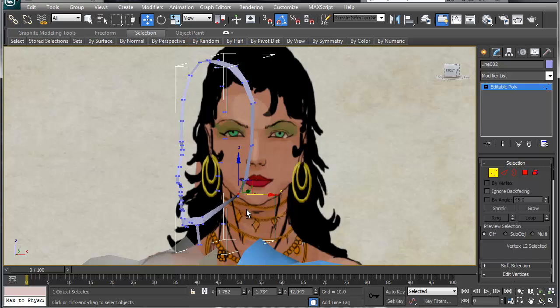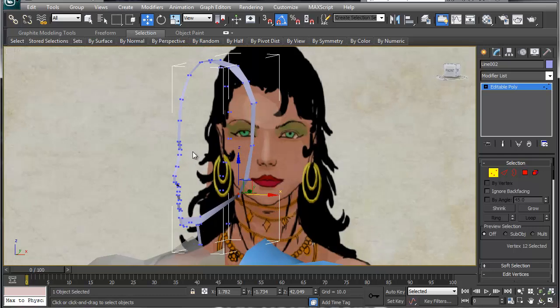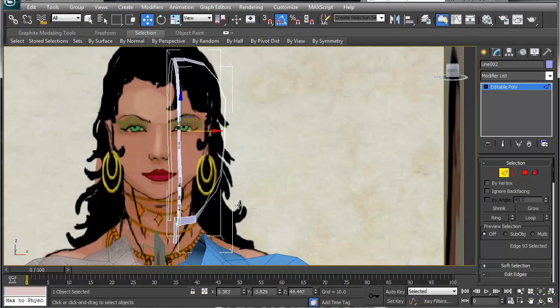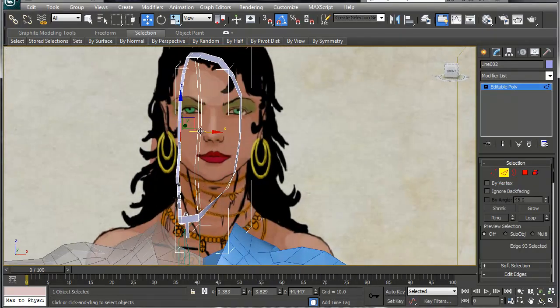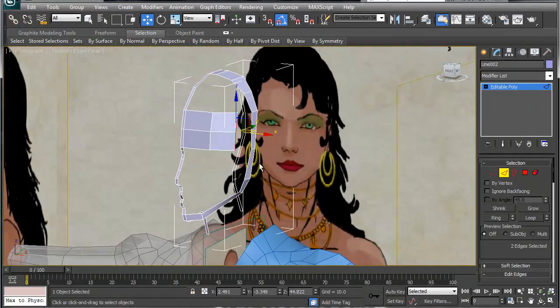The next thing I want to do is create... I'm going to go in the edge mode here. Let's show our edges. I'm going to go into our edge mode here, and the first thing on a head you always realize is that we're going to grab these here, and we're going to pull this out, like so. That's the initial flat plane of the head, and then if you notice, the head actually goes back in space, forward and back. So it's going to go somewhat like that,